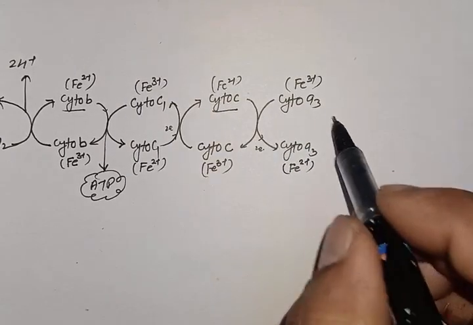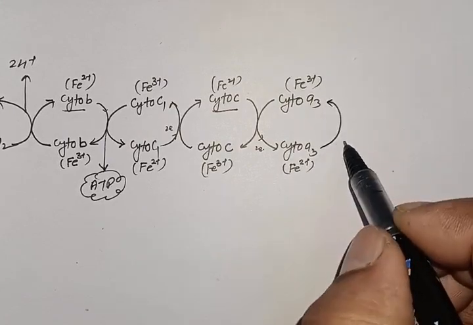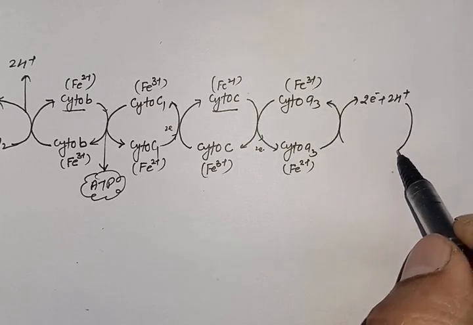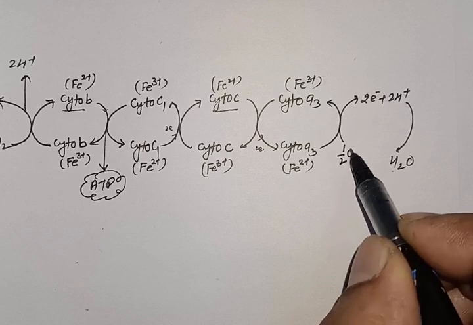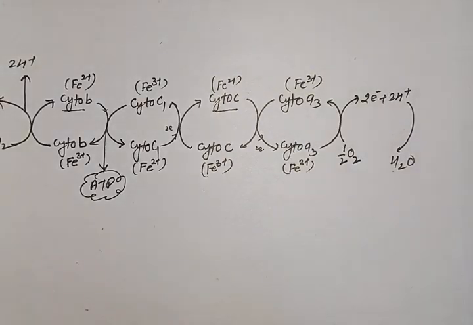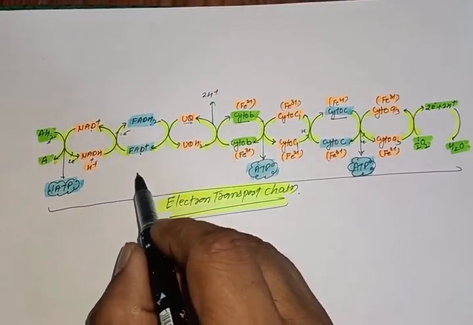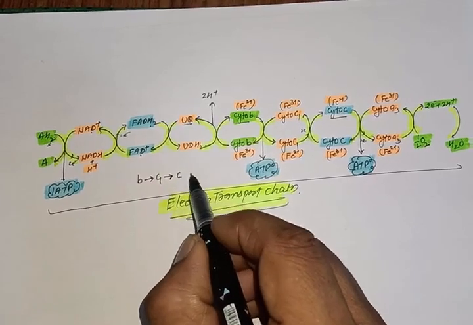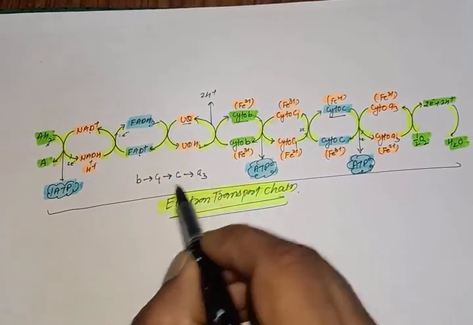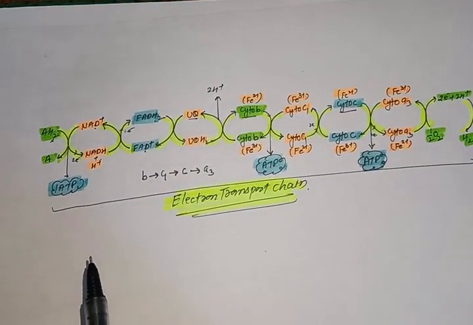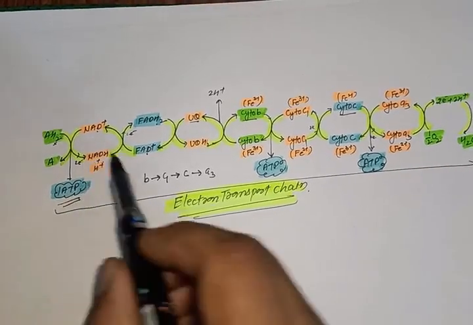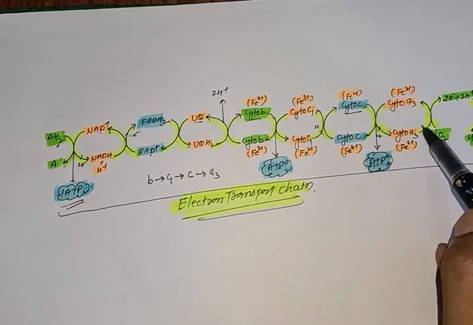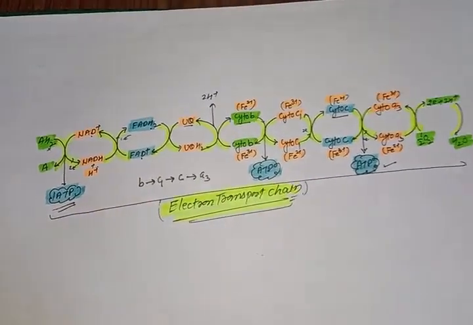Now the cytochrome C is again oxidized by transferring its two electrons to cytochrome A3. So this is the oxidized form of cytochrome A3. It accepts the electrons from cytochrome C and changes into the reduced form. Then cytochrome A3 donates these two electrons to 2H positive and forms water in the presence of 1/2 molecule of oxygen. So in the electron transport, the sequence of the cytochromes is cytochrome B to cytochrome C1, then cytochrome